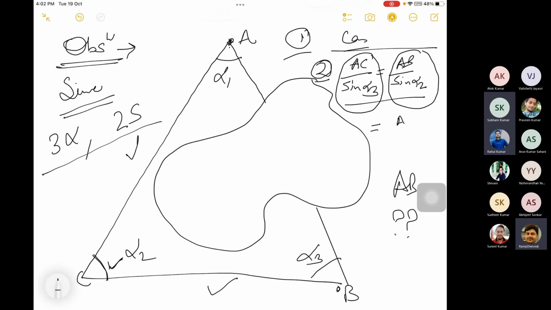So we will have three equations. BC upon sin alpha 1, तो ये तीसरा मेथड हो गया।